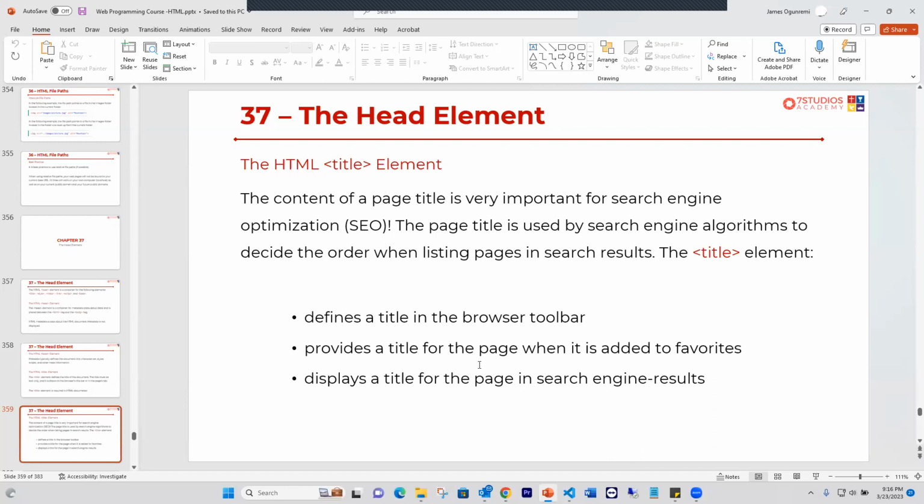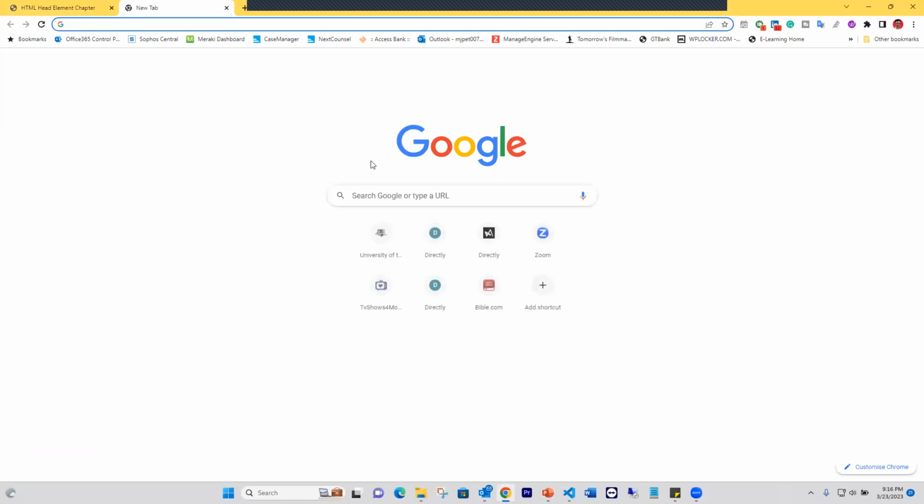The title element defines the title of the browser toolbar, also provides the title for the page when it is added to favorites. It displays the title for the page in search engine results. All right. So what that is telling us is this. So if I come to Google now and say, I want to search for